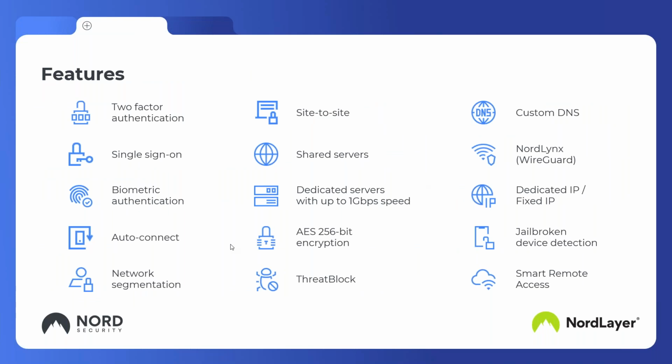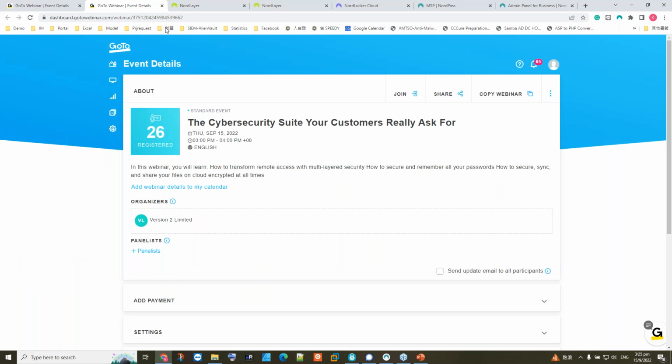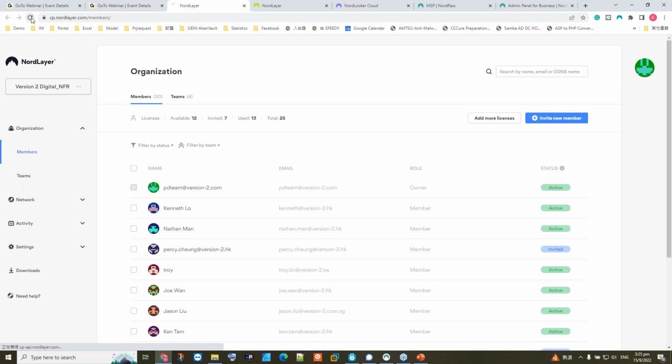Okay, so I've talked a lot. I think I can show the demo right away, so you can more easily understand what's going on. So this is the NotLayer